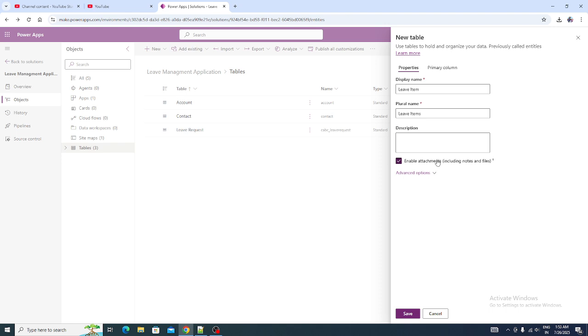So we do have some other options to save the attachments, like we can integrate OneDrive or SharePoint list for this purpose, and we can store the attachments on OneDrive. But for our example, I'm just storing this attachment inside our dataverse table. Okay,